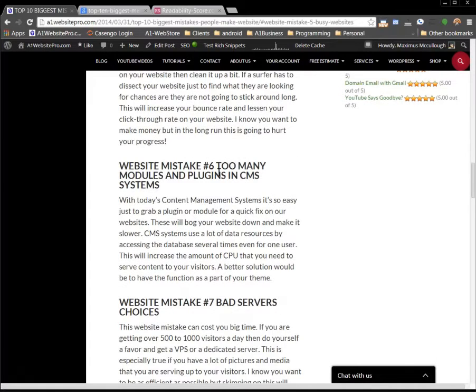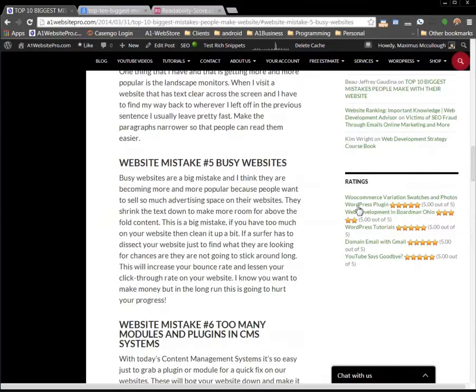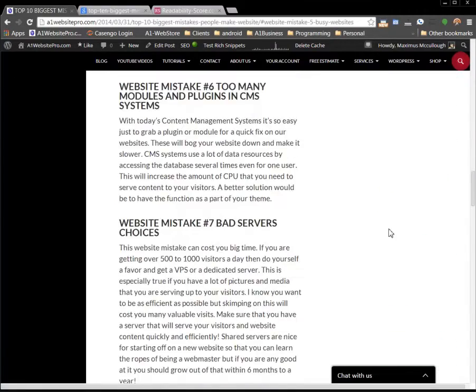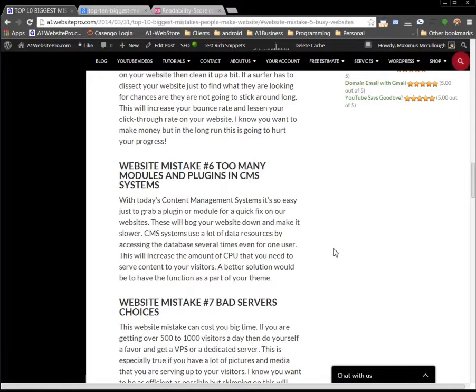Website mistake number 6, too many modules and plugins and CMS systems. WordPress, Zencart, Joomla, and all those things are awesome for helping you get proper code structure and everything within your website. And then we have these different sliders, these different things that we can put within our websites. But you know what? The more plugins and modules that you add to your website, the more it's going to slow